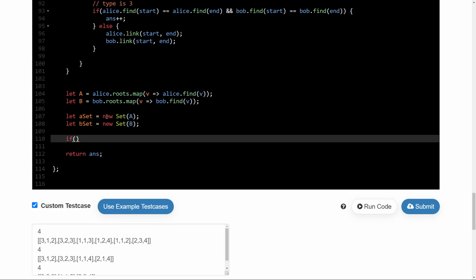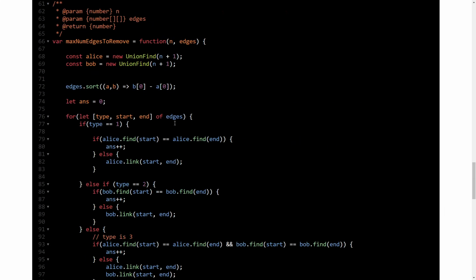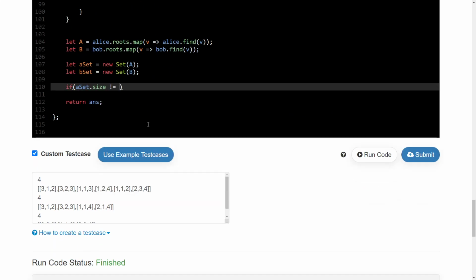If a set.size is not equal to n, oh cool, so I should be able to see the whole of the graph. If b set.size is not equal to n, then return -1, right?